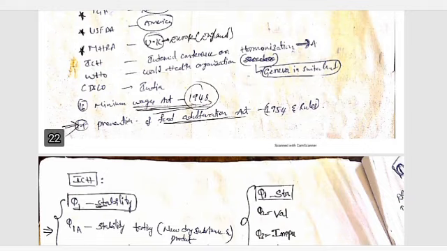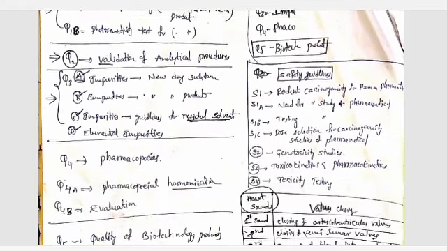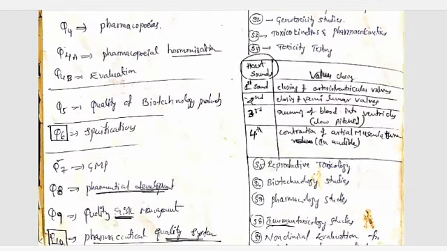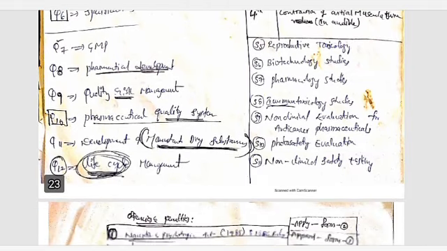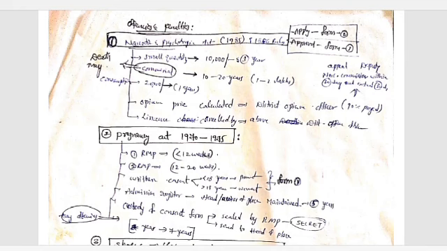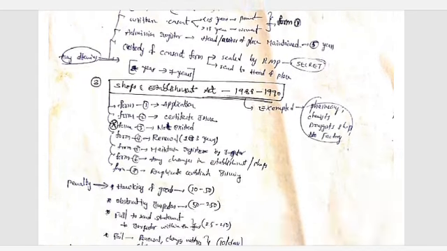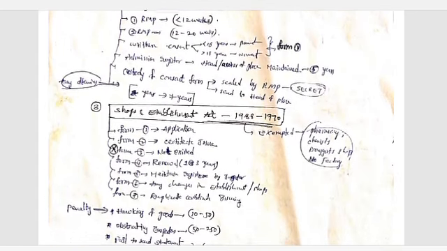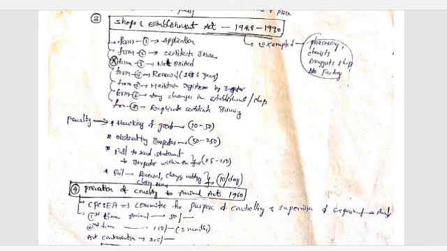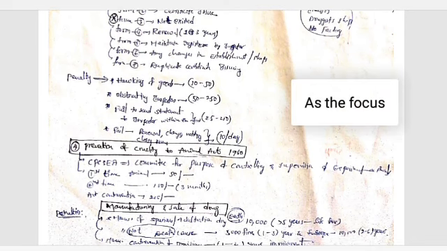And ICH guidelines and some mnemonics I have also written here. It may not be understood by you. See, all the points I have written. Official penalties, narcotic and psychotropic drugs, short notes on each and every topic. Pharmacy Act, what are the forms you need to use and how many years you have to maintain the registers, and what the penalties are, I have written here, very important.